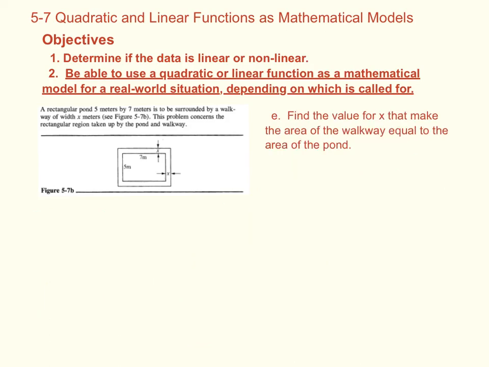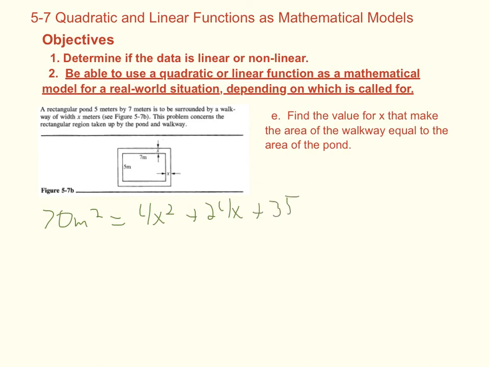Okay, last question. Find the value for x that makes the area of the walkway equal to the area of the pond. Okay, so the area of the pond is 35 meters squared. Do you see that? 5 times 7, 35 meters squared. So then the area of the walkway must also be 35 meters squared. So how do we represent this? So the total then would be 70 meters squared equals 4x squared plus 24x